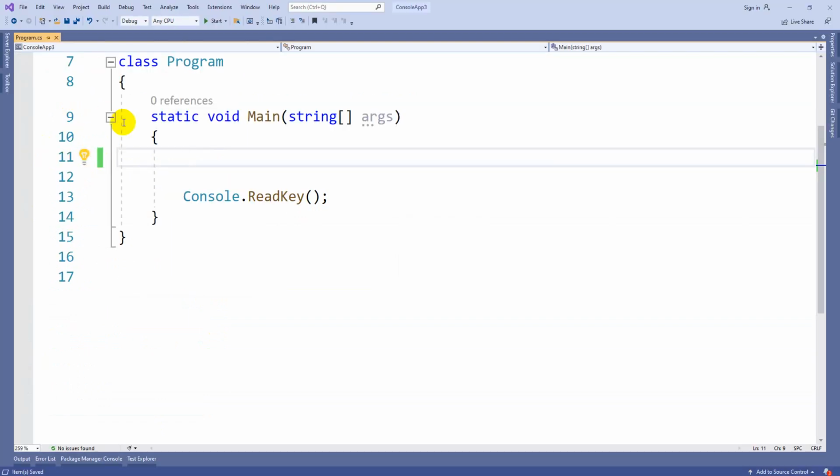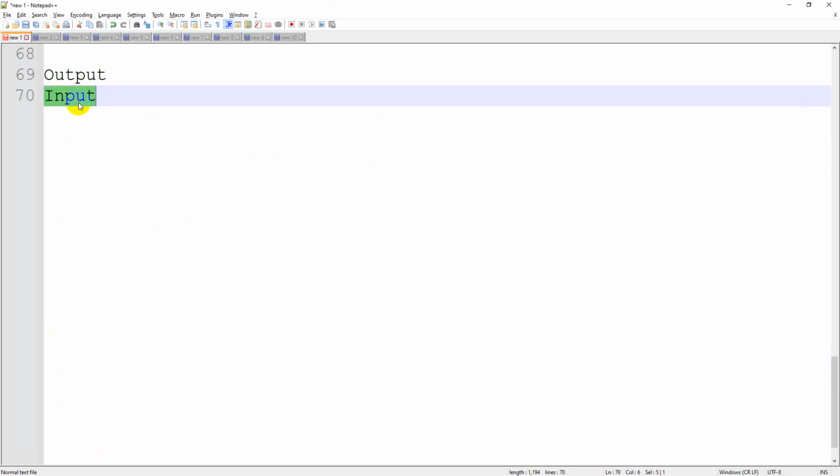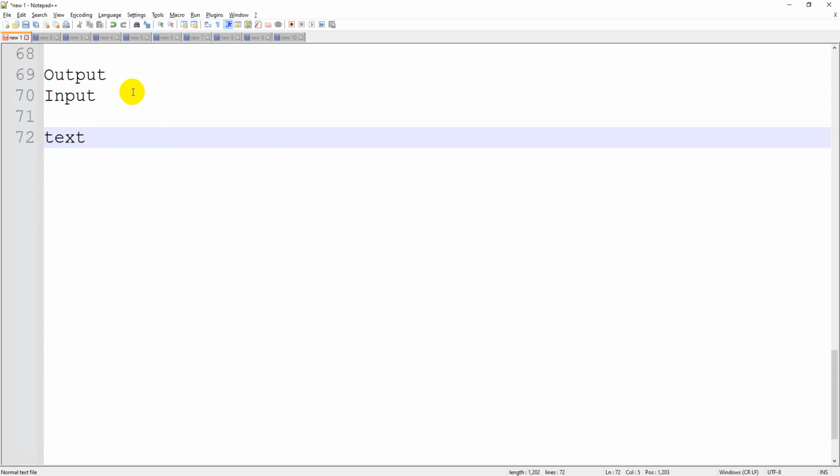Observe carefully. Guys, for Console.WriteLine there is a shortcut. You can type cw and press tab two times, and you will get Console.WriteLine. Here I am asking the user to enter their name. After seeing this, the user will start entering some value. You should remember one thing, guys: whether it is console output or reading input from the console screen, both will be in text format, which is nothing but string format by default.